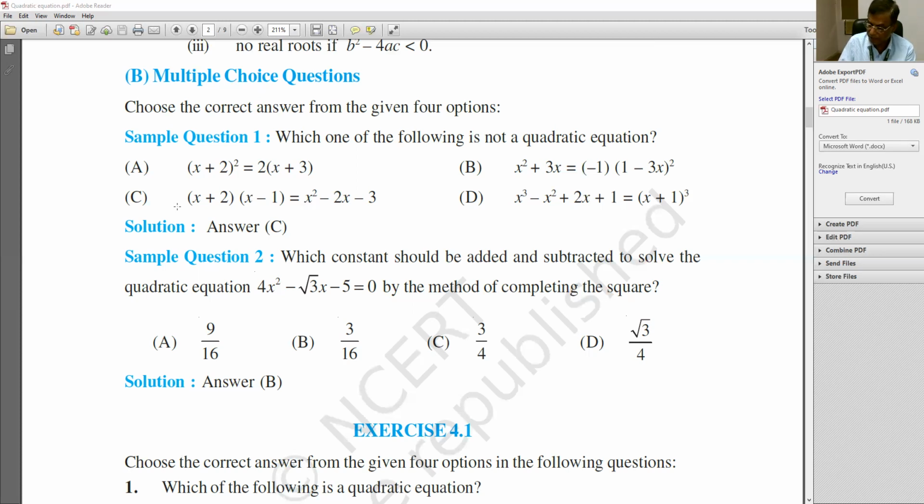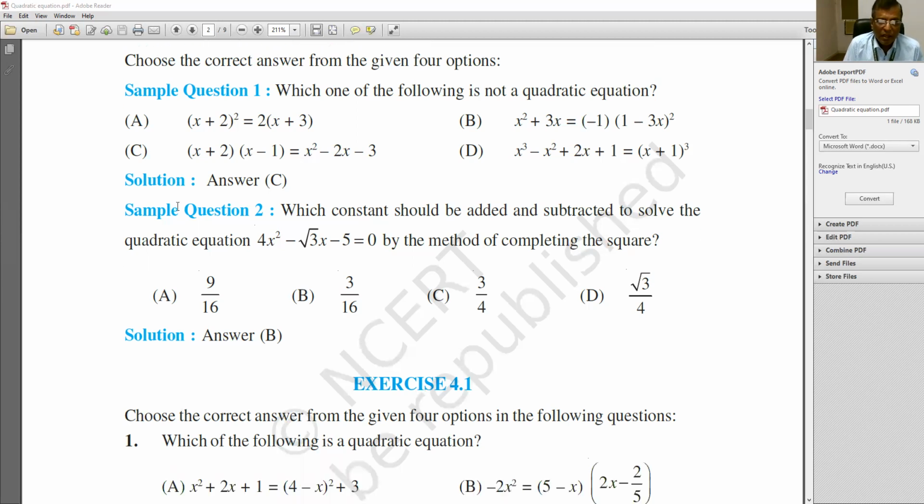And in LHS you are finding x square minus x minus 2, and in RHS you are finding x square minus 2x minus 3. So here x square and x square will be cancelled. So you will find just a linear equation, means the result you are finding in which the power of variable is 1. If the power of variable is 1, that is not a quadratic, that is a linear equation. Again, you have to see the symbol. So this is the correct answer C. This is not a quadratic equation.